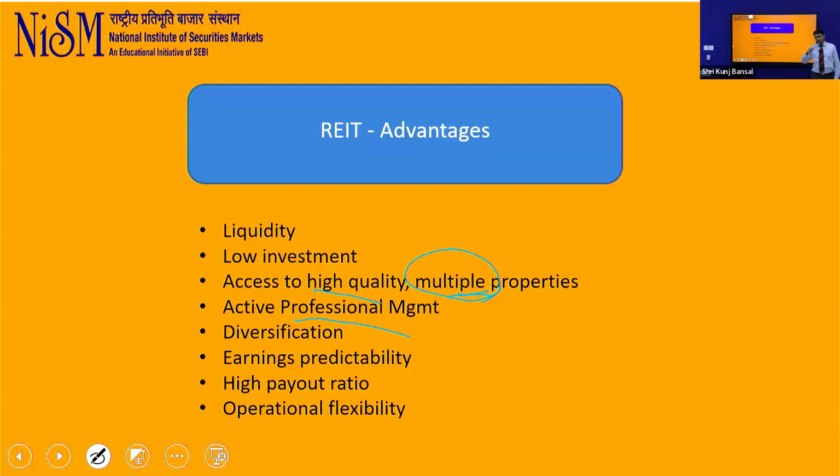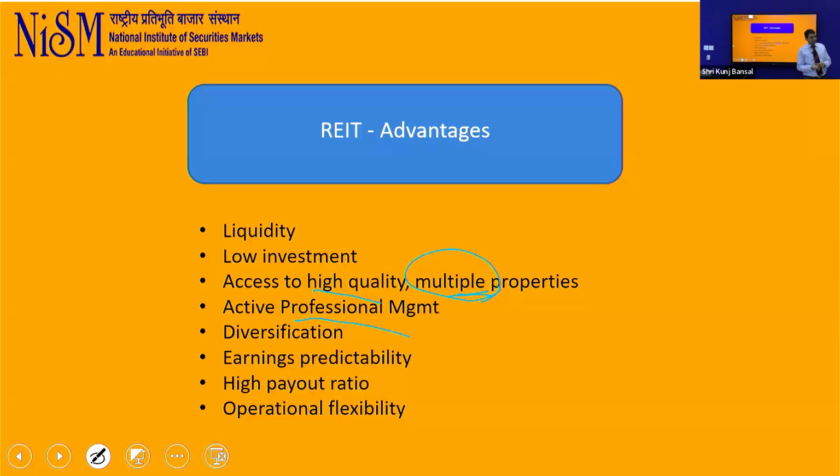I am not sure, because the REIT you will have to buy from the stock exchange. So that's another point that one should keep in mind. For buying a REIT, you will need a broking and a demat account. REIT, you can buy it on the stock exchange. It's not like a mutual fund which you can buy on a mutual fund platform, and you don't need a demat account for a mutual fund. But here you will. So to answer your question, can we do SIP in REIT? You will have to see your broker. He provides SIP in multiple investment opportunities in equity shares. If he provides it in REIT also, you can do it. If not, then probably you will have to do it manually every month.